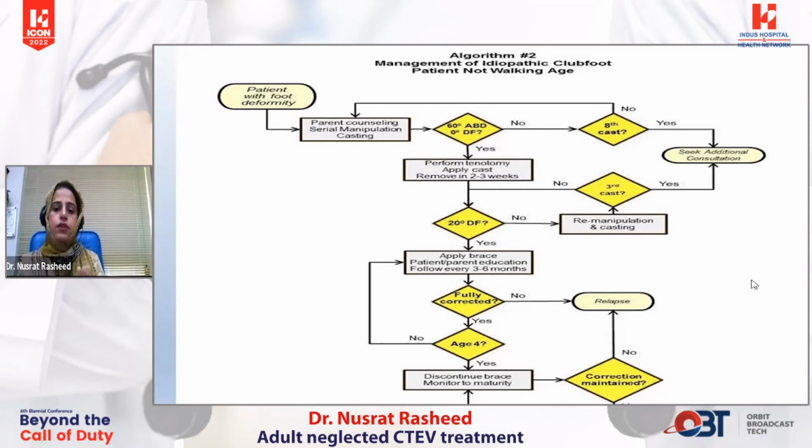If you have achieved 20 degrees of dorsiflexion, you have to apply a brace and counsel the parents and attendant, and you have to follow every 3 to 6 months till it is fully corrected. If it is fully corrected, then you have to discontinue the brace and monitor till maturity. In any stage of the scenario, if relapse occurs, then you have to treat according to the relapse guidelines or the relapse